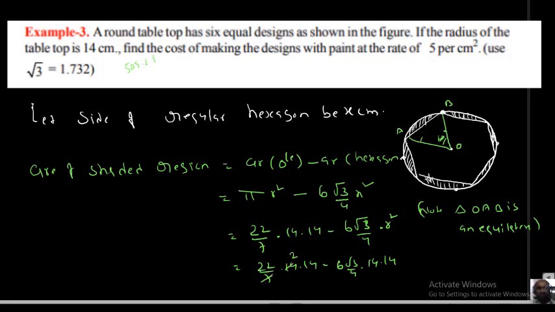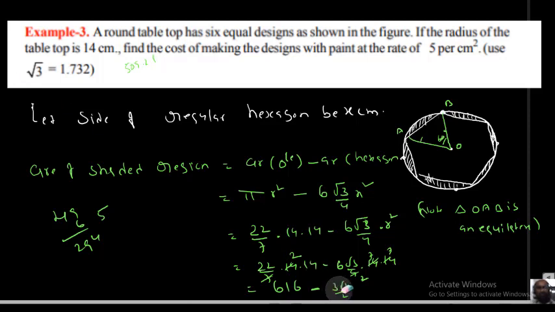7 1s are 7, 2s are 14, 4s are 4, 4 the 16. 56, 616. This one 616 minus 3 root 3 by 2. Okay, cancel. 2 2s are 4, 2 7s are 14, 49, 6 are 294. What is that? 49 into 6 is 294.